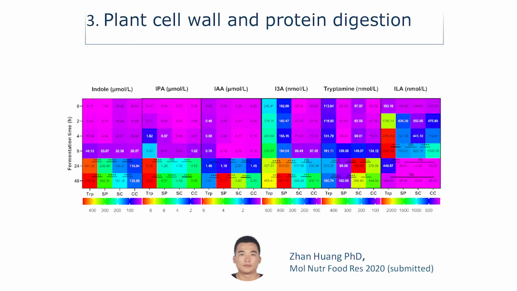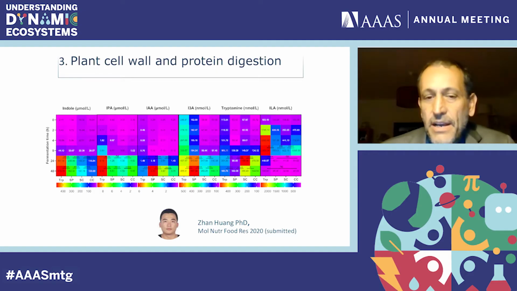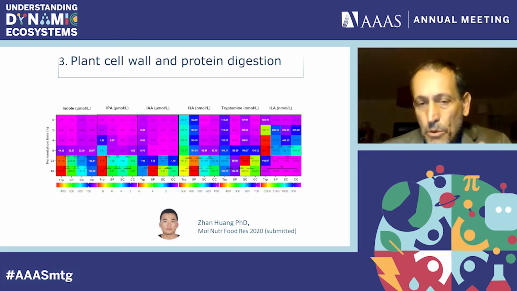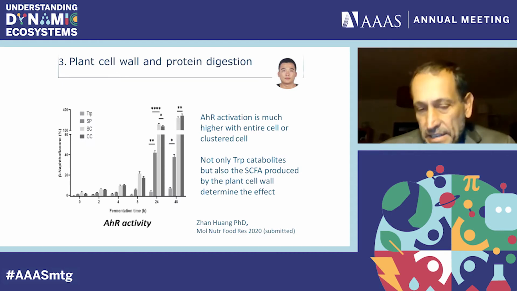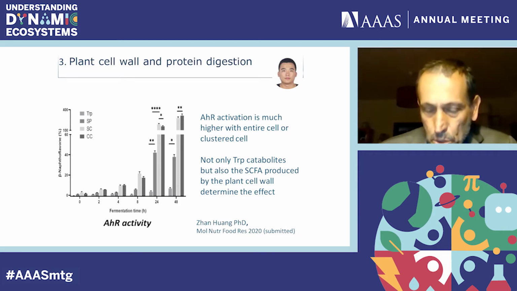And you see that now, I have no time to explain, but the kinetics of release of the different gut metabolites are actually in line with the source. So when it's a free tryptophan it is very fast. When it's clustered cells with tryptophan with the protein inside, it's much slower. And this is not only important for the kinetic of release of these metabolites, but also for the activation of AHR. And so the biological effect of the protein digestion in the gut is very important for the immunomodulation.